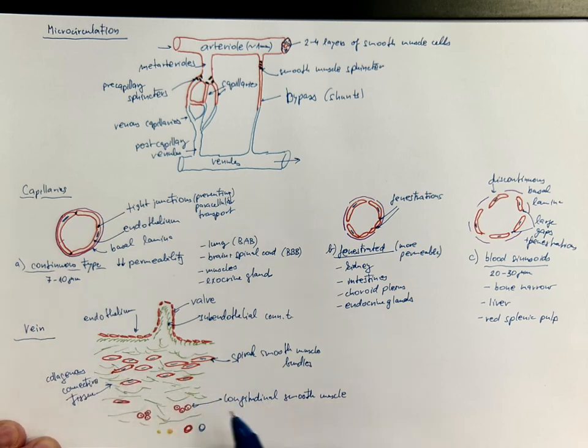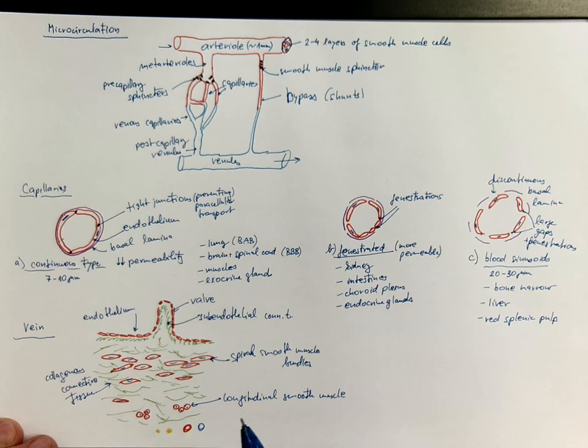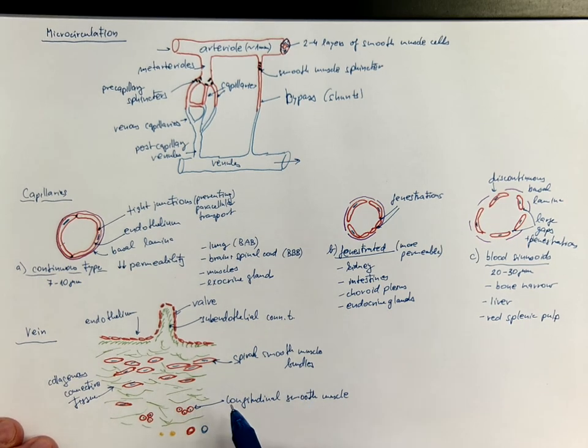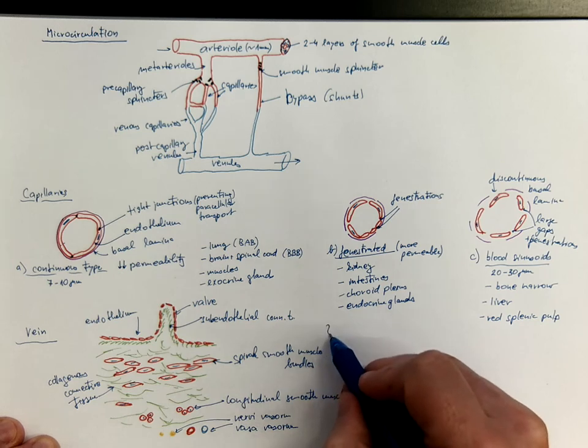So the veins are usually less muscular than the arteries, but with more collagen. And here are the nervi vasorum and the vasa vasorum. So here is the intima,